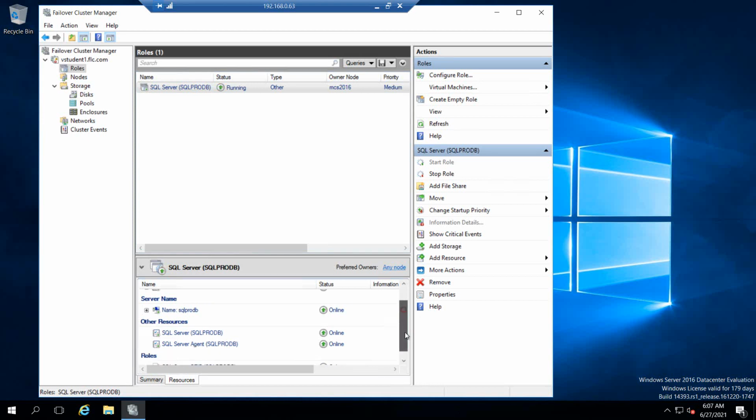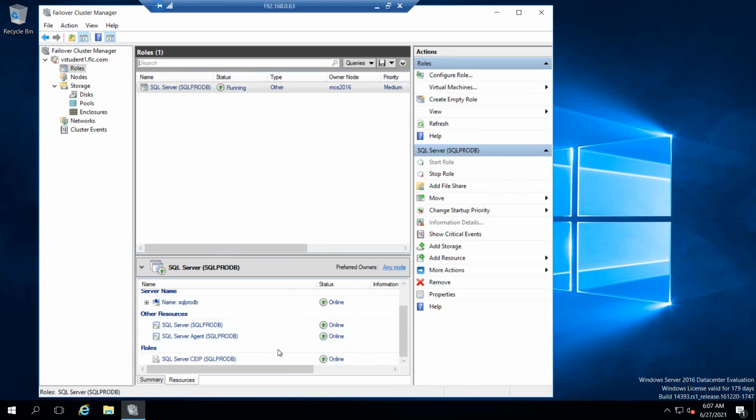You're able to see that all resources came online, like dependent resources, and now we can see that the SQL prod DB instance is running on the 2016 box. So our migration is somehow completed here, but the next step is to decommission the 2012 boxes from this instance. So before that